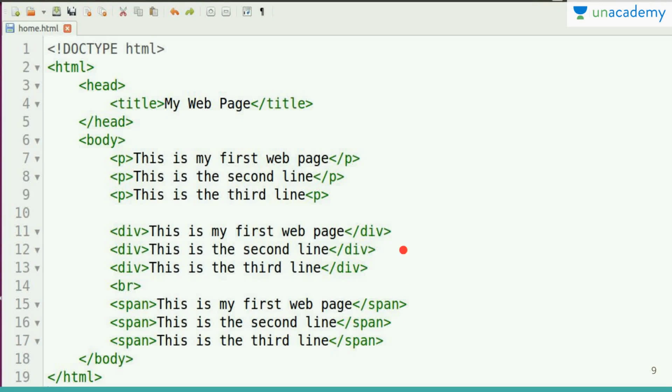The paragraph tag and the div tag are creating a separate block for each element, while the span tag is not creating any block. So the paragraph tag and the div tag are called block elements, and the span tag is called an inline element. As I mentioned in our previous session, HTML does not consider any white spaces, tabs and enters. Therefore, these spaces are not considered, because the span tag is an inline tag.